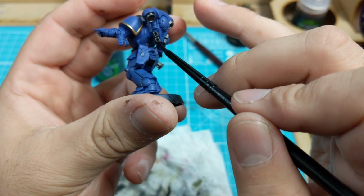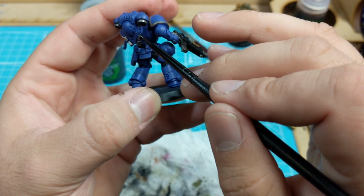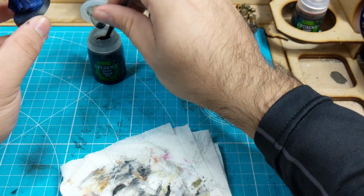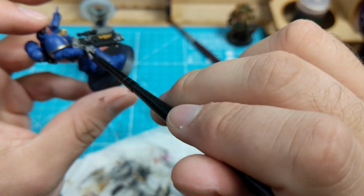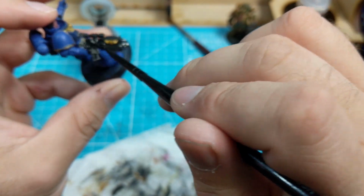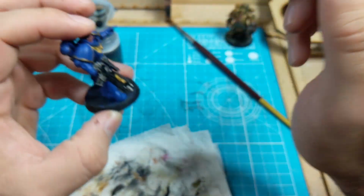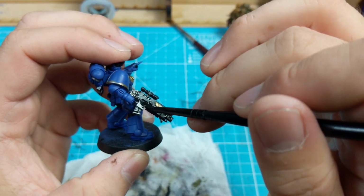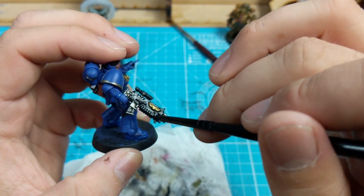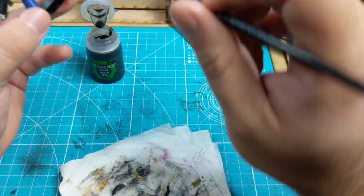Like I said, it doesn't really matter. This thing just darkens everything nicely down, whereas Agrax makes things a bit browner and gives a warmer tone. With the gun, the bolter, just don't worry about it, just slap it on as we did before. It's only black and silver, it's not really gonna hurt anything. I'm just gonna go over this bit of gold, make it a bit darker,